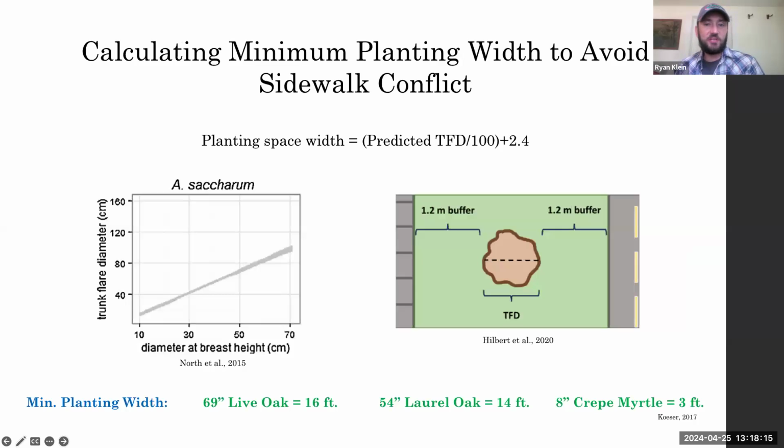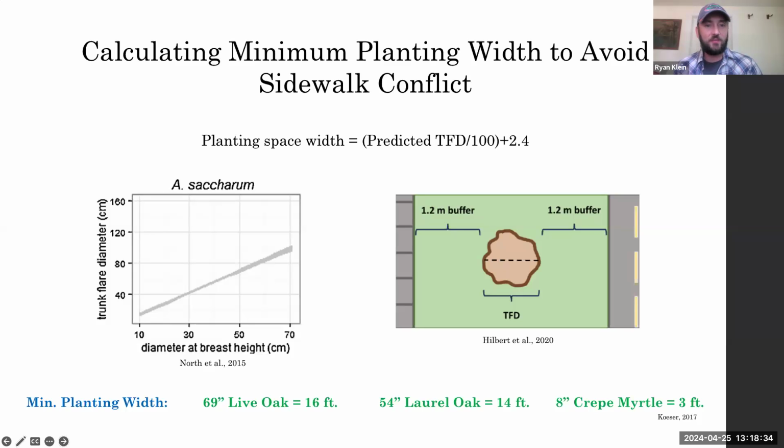So there's been some research on trunk flare diameter, and they found that trunk flare diameter increases proportionally with DBH. So if you look at the table or the figure there on the left, that shows that proportional growth of both.